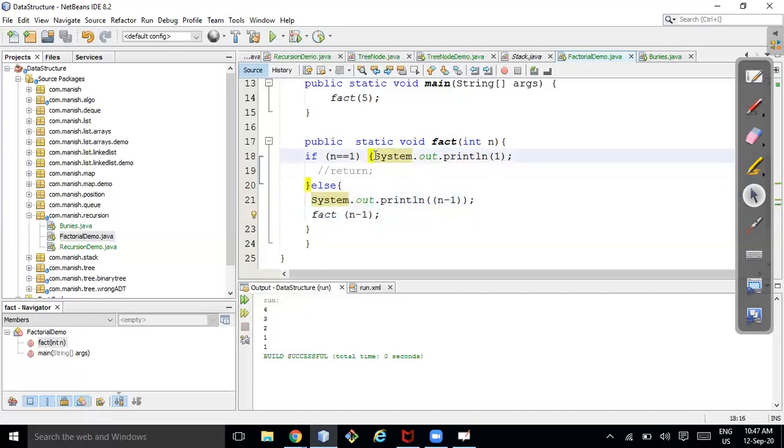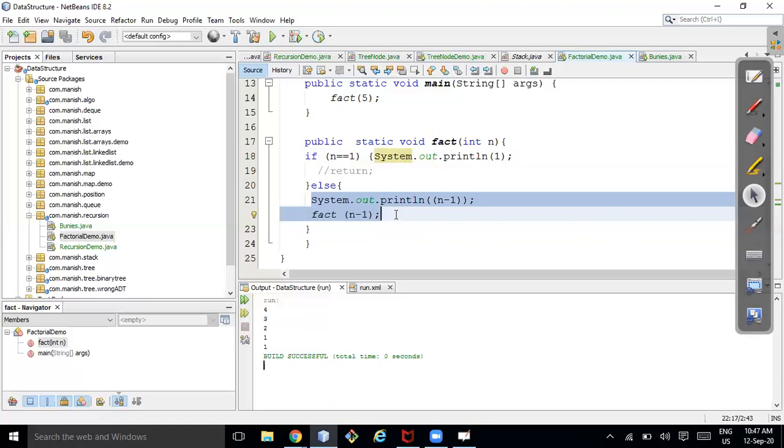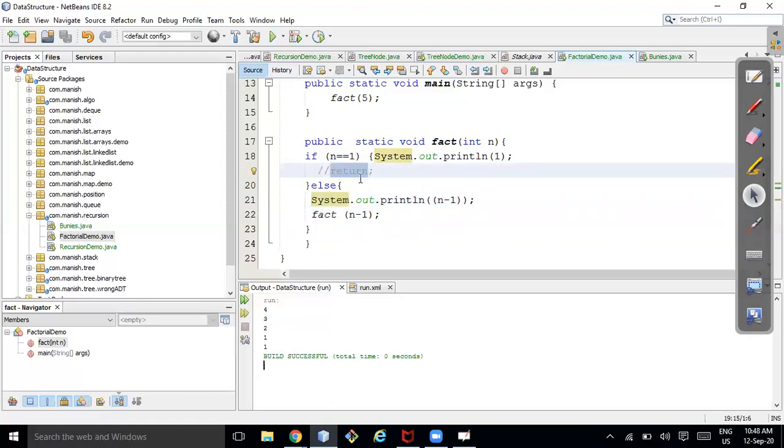Now these two blocks of code are just opposite. If this is getting executed, this won't. If this is executed, this won't be. So I hope now you understand the difference between if-else and only an if clause. And in recursion, this is the importance of writing return, even though this is a void function returning nothing. Some people also try to write break.